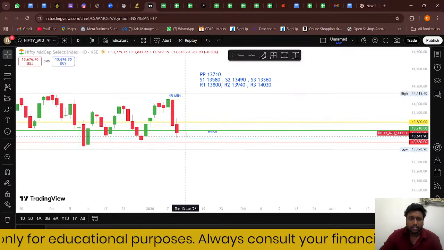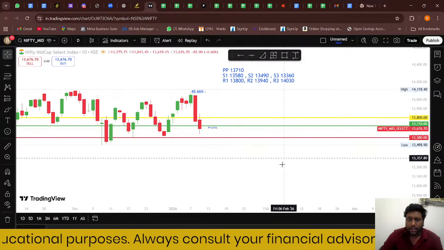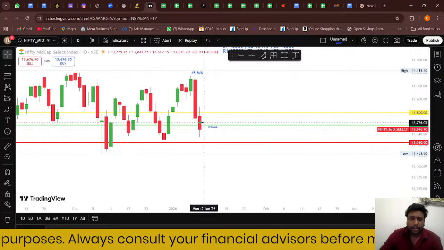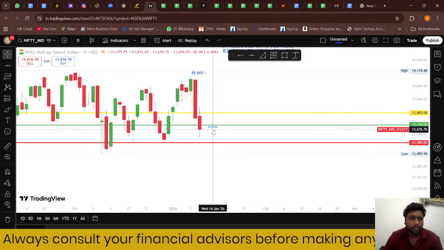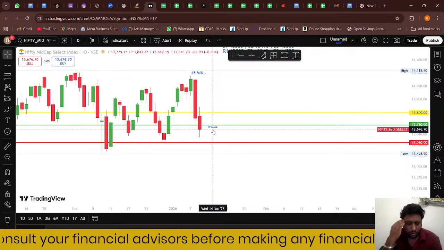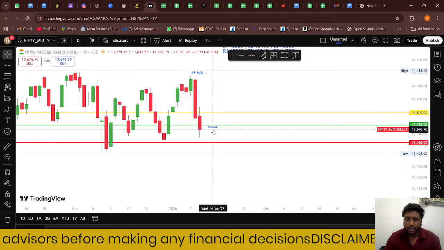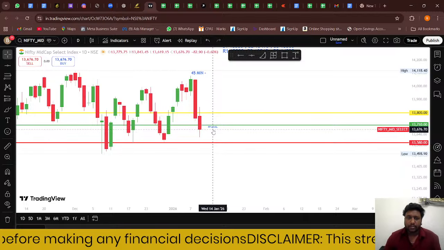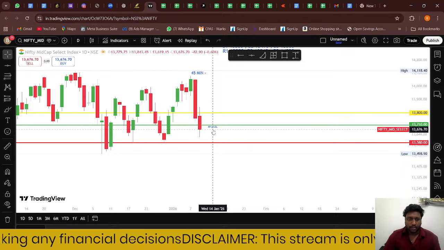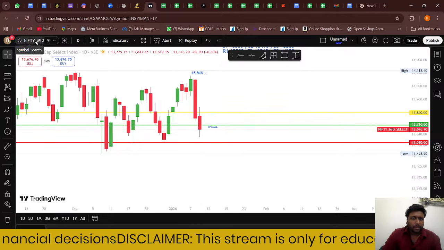If you see, that is trading below the pivot line. So we will plan the trade either at the retest at this level, or we will wait for the 15-minute candle to be created, and the 15-minute range, and we will trade the breakout of that particular level with respect to the volume support side. So we will go back to Nifty.